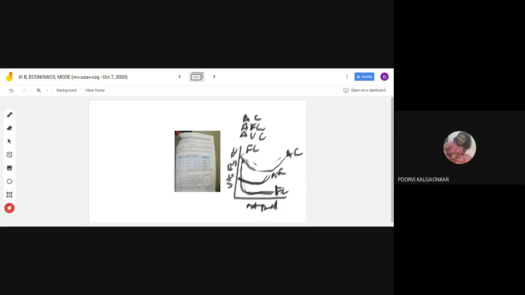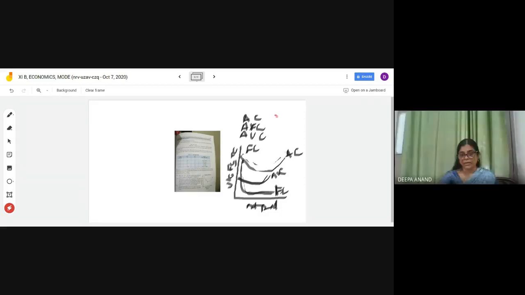Yes or no? Yes, ma'am. Okay. When the cost is 200 and there are only 10 units, then the per unit cost is 20. But when this 200 is divided by 15 units, it becomes less. The average cost becomes less. That's why as output goes up, the difference between these is more at the beginning, but it will come down, because when more units are there, the cost will come down.